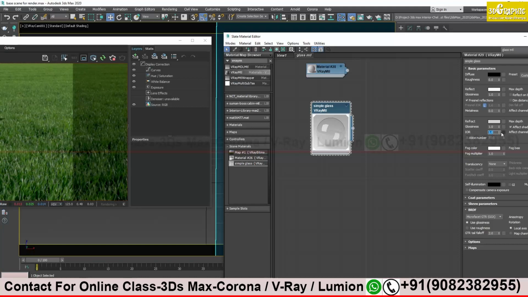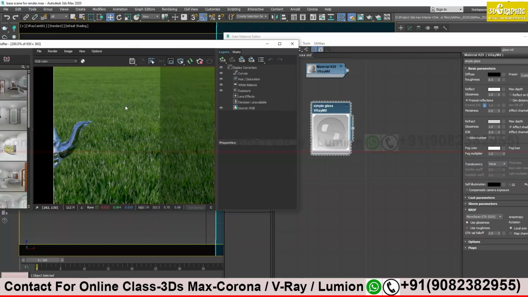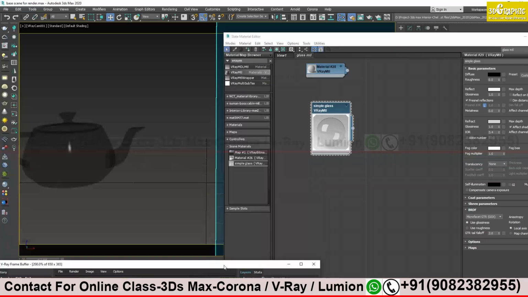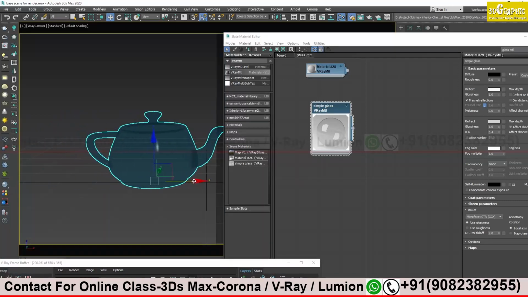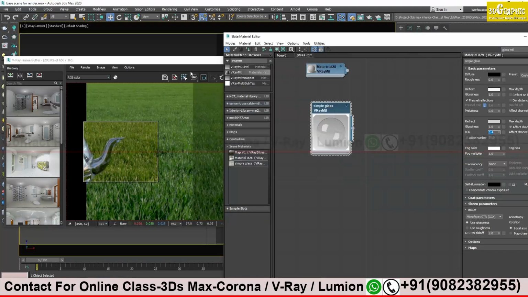When the light goes, it changes. It will work better with our glass also. Let's consider if we can see something on this glass. The IOR of different glasses is different, like it's metal also.